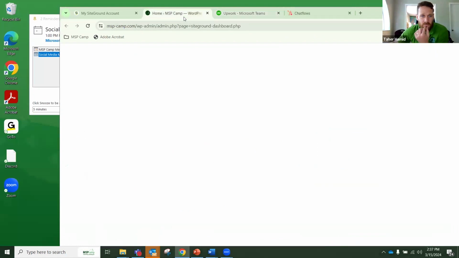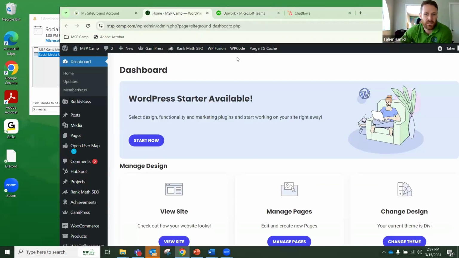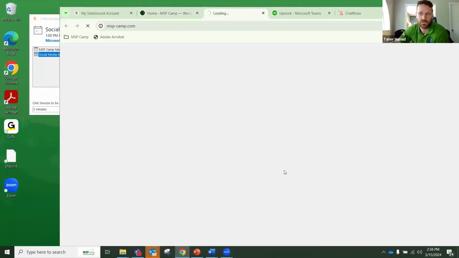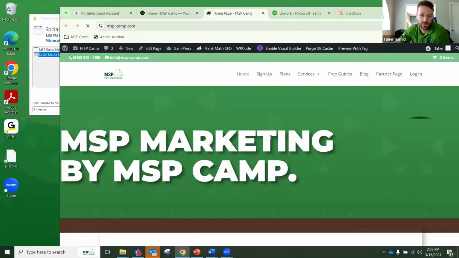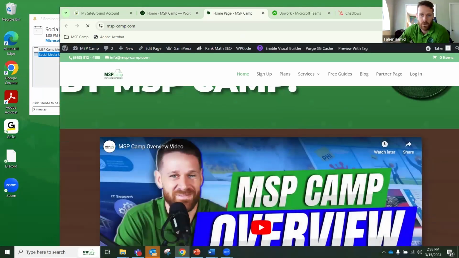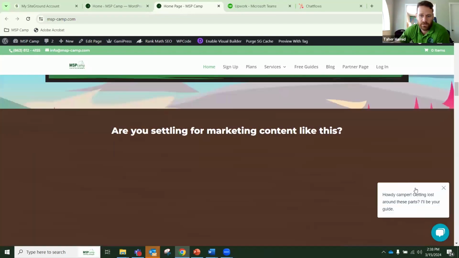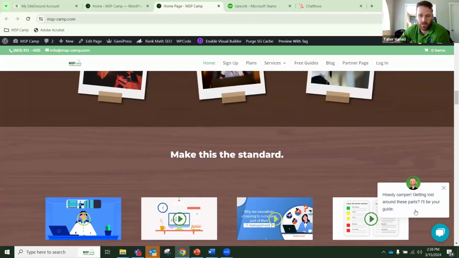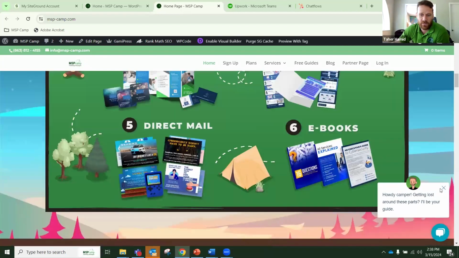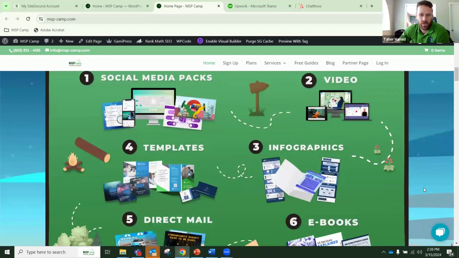All right, so this is the back end of the sales page, which is our main page, msp-camp.com. Obviously, our site is now campers. But this is still what we use for a sales page. This is also where we put all of our SEO emphasis, which is doing really well, which is great. So when you come on, there's going to be this little howdy camper, getting lost around these parts, blah, blah, blah. A lot of times people will just exit this and get going, but